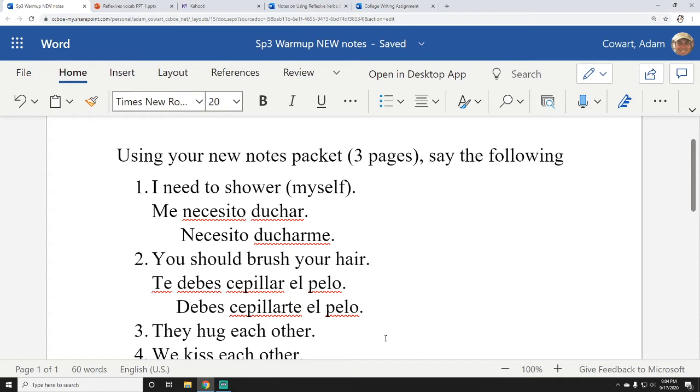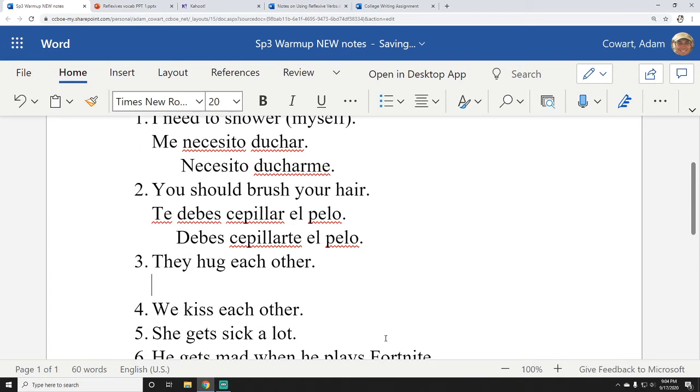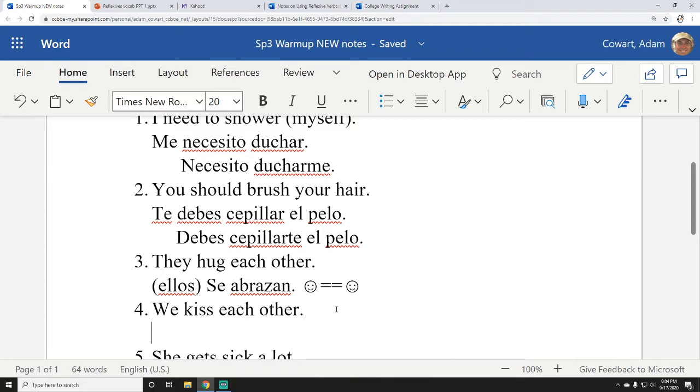All right, moving on. This is a reciprocal word. They hug each other would be ellos se abrazan. They hug each other. Remember, in Spanish, you always have to know who's receiving the action. In this case, they both are. There's a person here, and then here are their arms, and another person here. Look, they're hugging. Okay? I know those are some really good graphics. If you're impressed, it's okay.